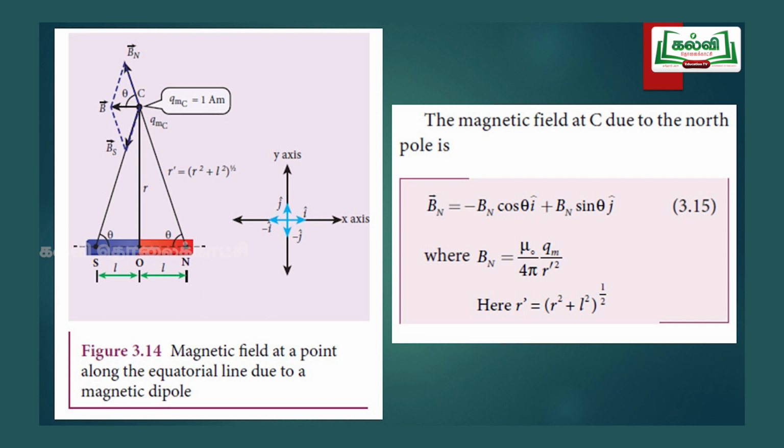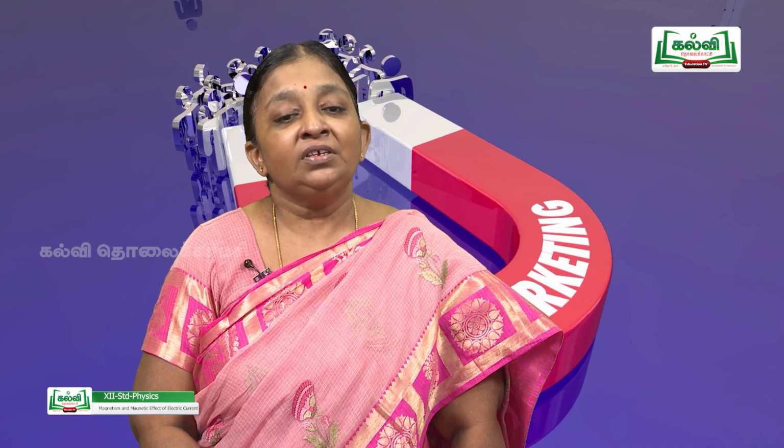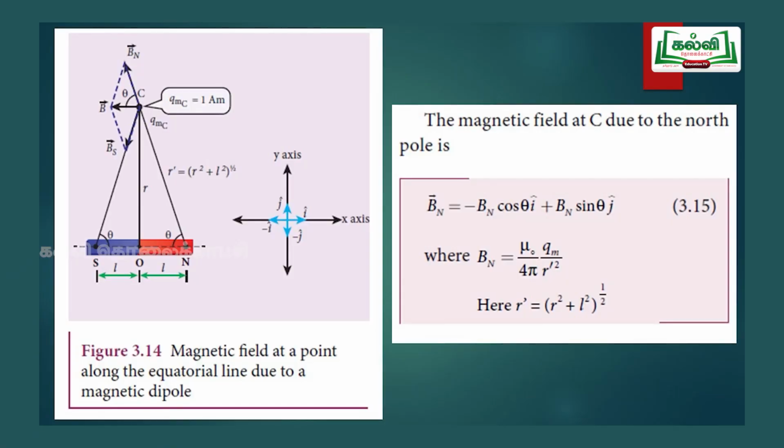Now first what we have to write is the magnetic field due to the north pole. That equation will carry half a mark. Then the magnetic field due to the south pole. If we see the two equations, both are similar to each other. Each equation will be awarded separate marks. Now the directions of these two magnetic fields are not just opposite, so we have to calculate the net magnetic field at that point P.